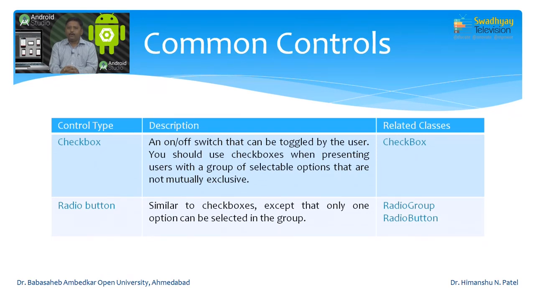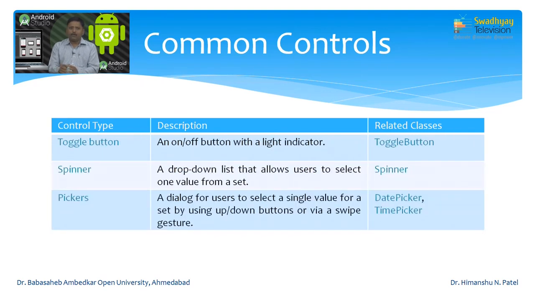Now, what is a radio group? Suppose I have one option for gender, for example, male and female. This can be considered as one radio group, and we can also have another group which represents highest qualification, for example, graduate, postgraduate and doctoral. To select highest qualification, we have to select only one. So, for that we can use a radio group, and we can have more than one radio button group. For example, gender and highest qualification are two different radio groups. So, these are the common controls.